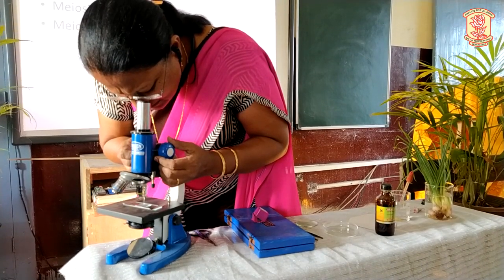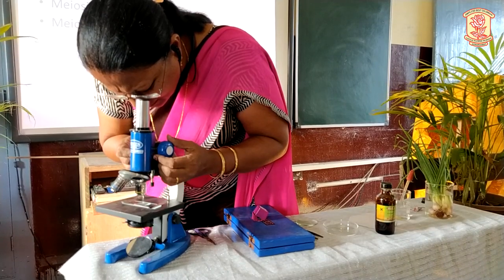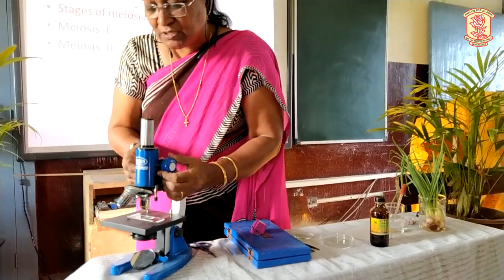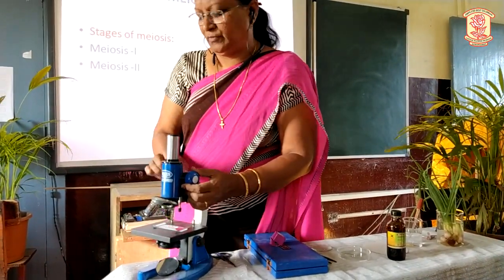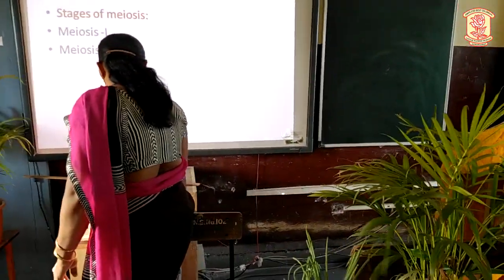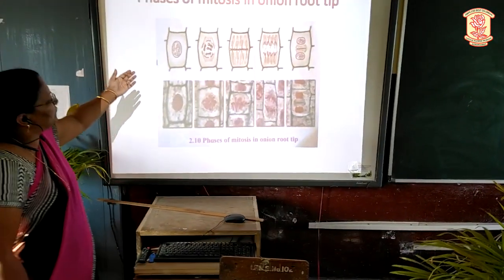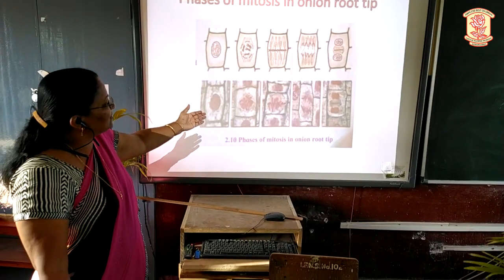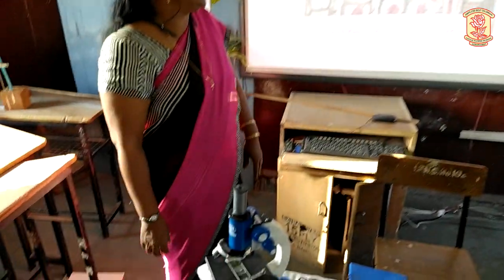Now in this, very clearly we can see different stages of mitosis and meiosis, but since we cannot show this focus on the microscope, we will visualize it over here. These are the steps or the phases which you can visualize in the microscope in the slide. Any one of these could be visible in this slide.